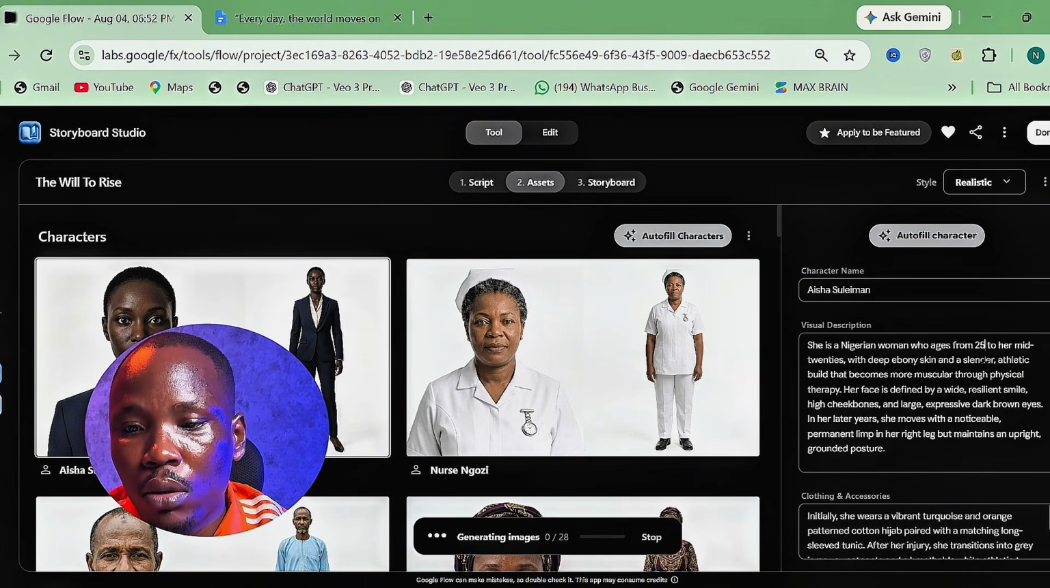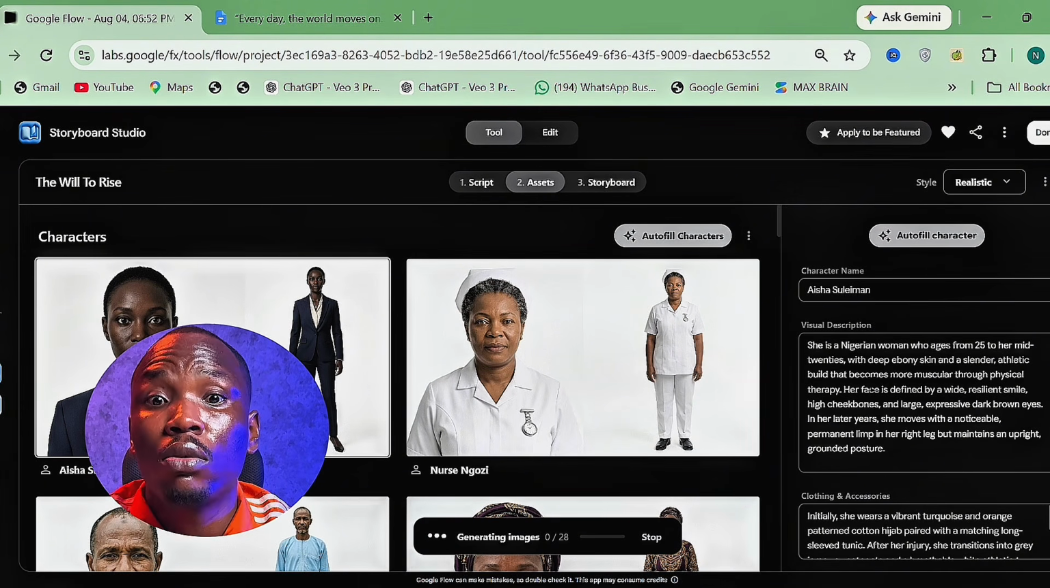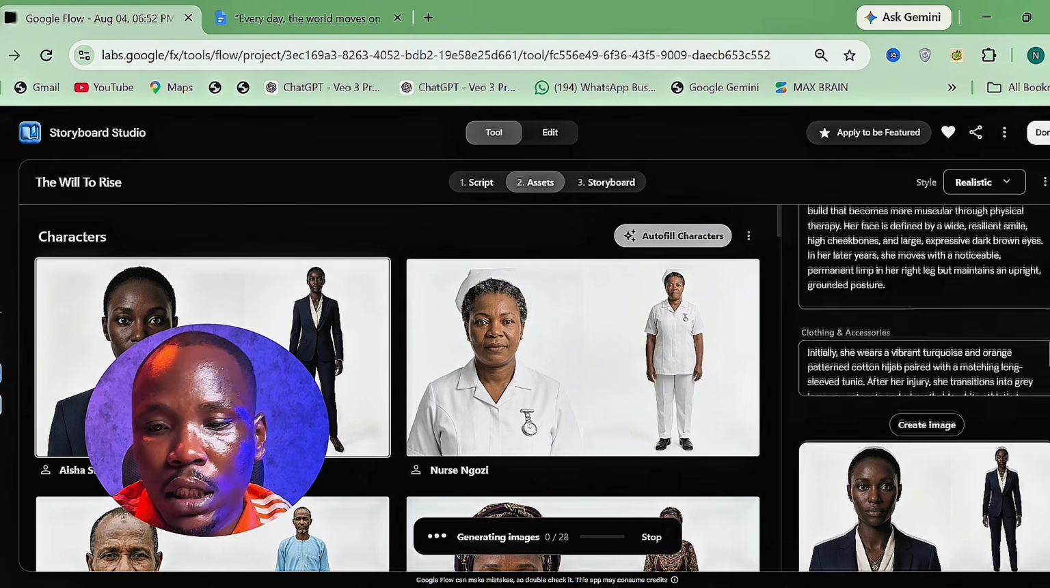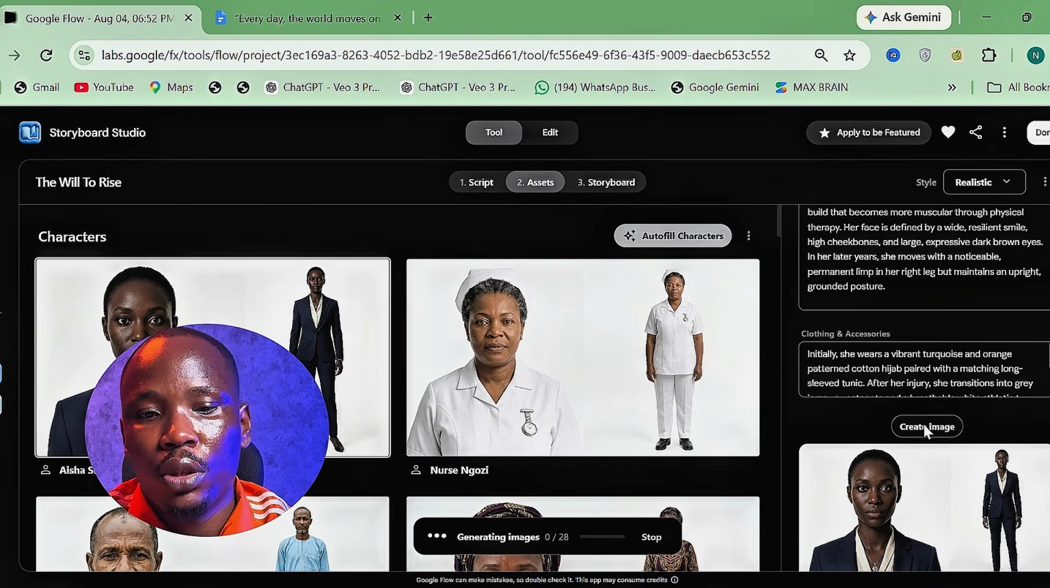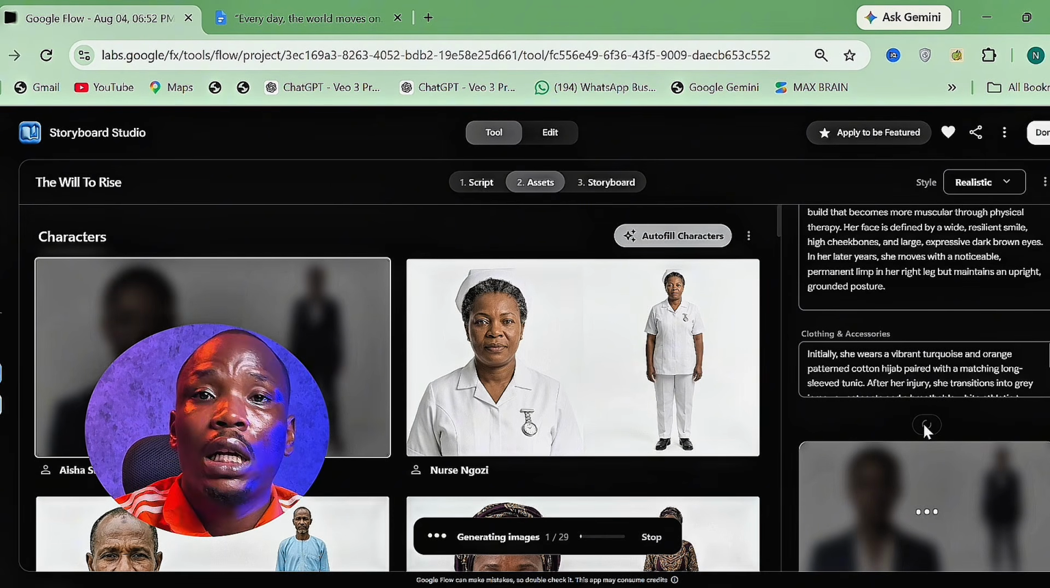So if you can see from here, you have been able to increase the age from 18 to 25. You can also decide to change the skin texture. Once you have done that, you scroll down a little bit now and click on create image. Once you have hit on create image now, this automatically will try to change your character to how you want